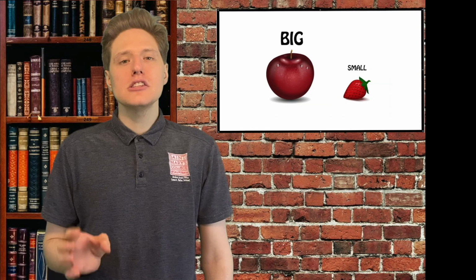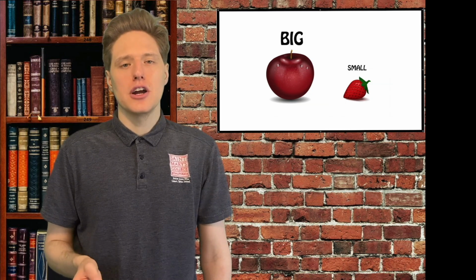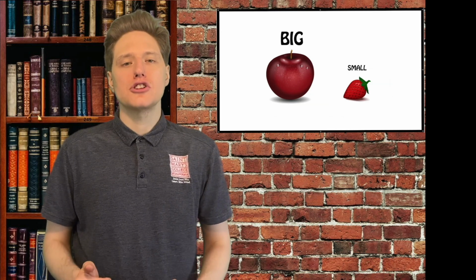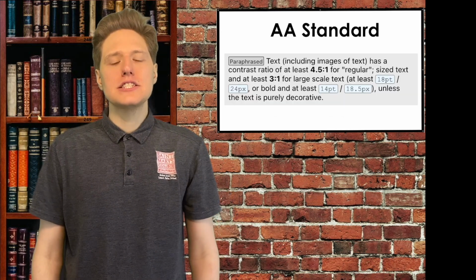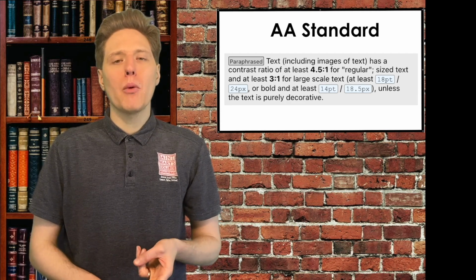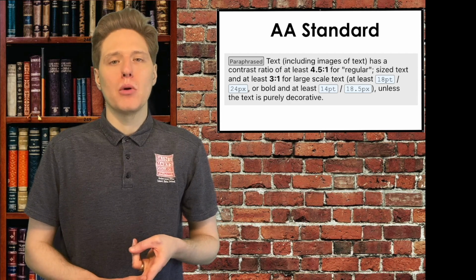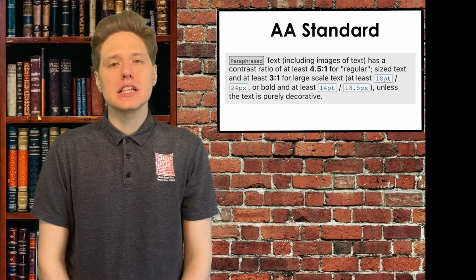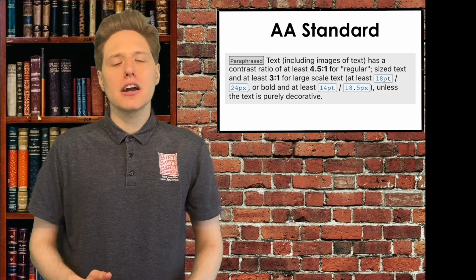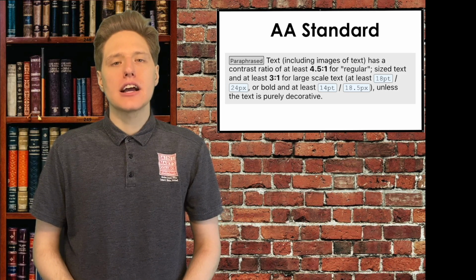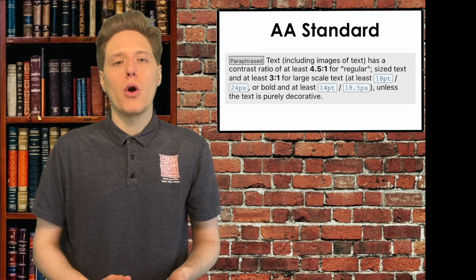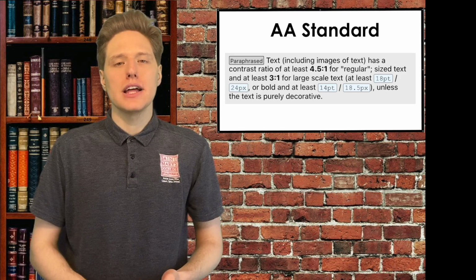Now, when it comes to AA and the contrast ratio, they give specific guidelines for regular text and large text. What qualifies as large text is either 14-point bold or 18-point not bolded. For regular text, you're looking at a contrast ratio of 4.5 to 1 to meet the AA standard.